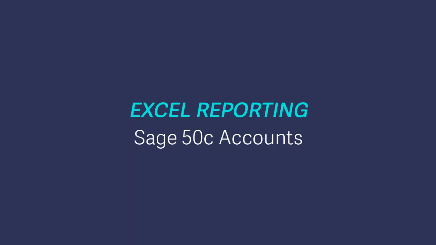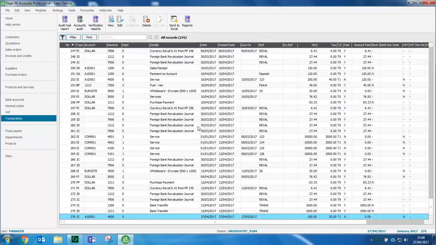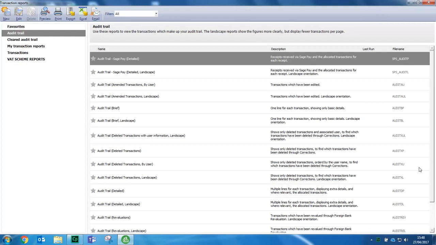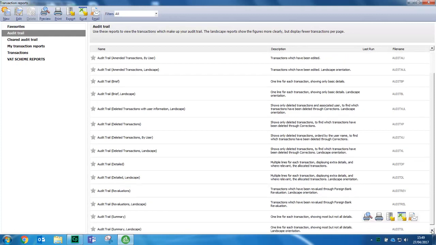In the latest version of Sage 50 Accounts, we've made improvements to the Excel reporting option. Before we look at the improvements, let's have a recap on how it works currently. Let's use one of our audit trail reports, and if we scroll down the list, we'll use the audit trail